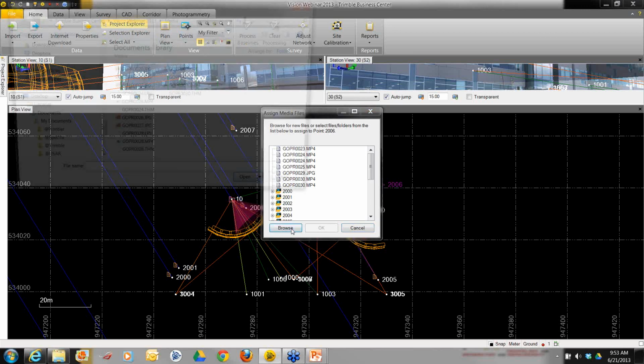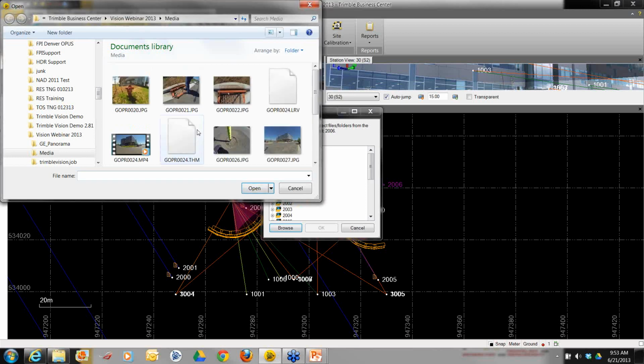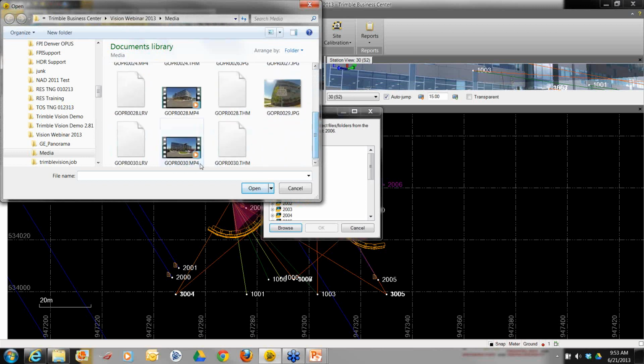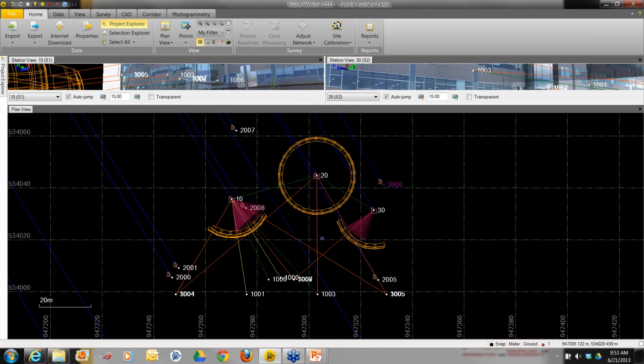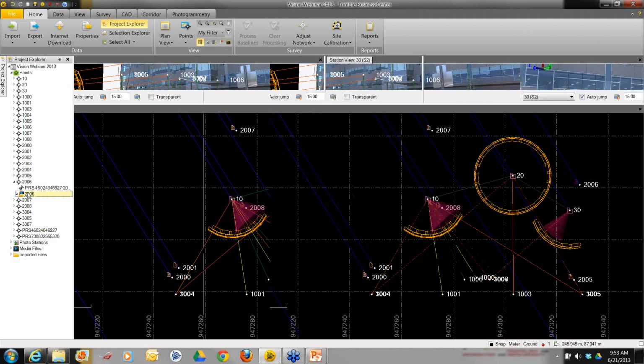I've downloaded all my GoPro videos into my project folder up here, Trimble Business Center, the project, into a folder I made called Media. And if I change my icons, I know that that point is actually this right here. So I'm going to double-click it. And now you see a media icon indicated on 2006. If I go back to Project Explorer, I'm able to now expand to point 2006, double-click on the media, and